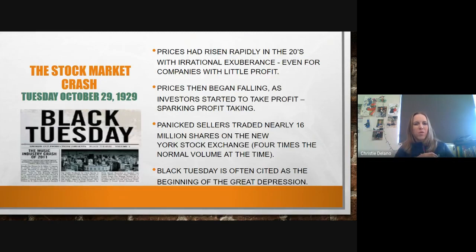Now, it's important to note that the stock market crashed, but what makes this more difficult to manage is the fact that there is also a massive drought. So that's going to have agricultural impacts. And that has tremendous impact as well, and it cannot be forgotten.